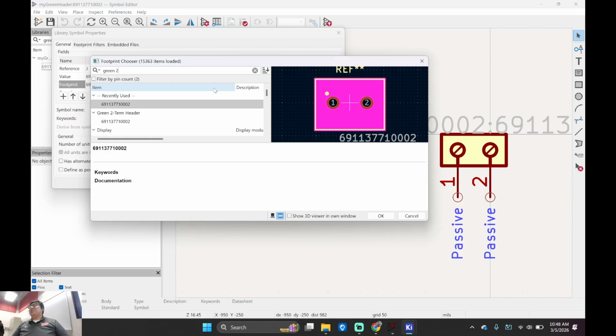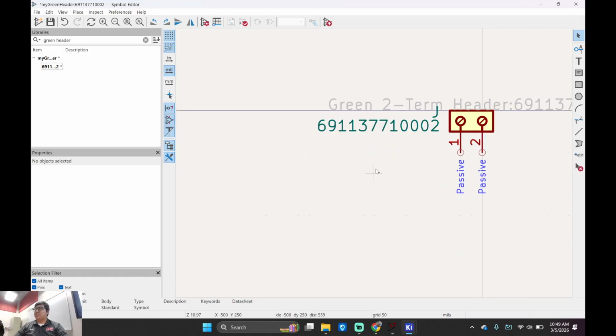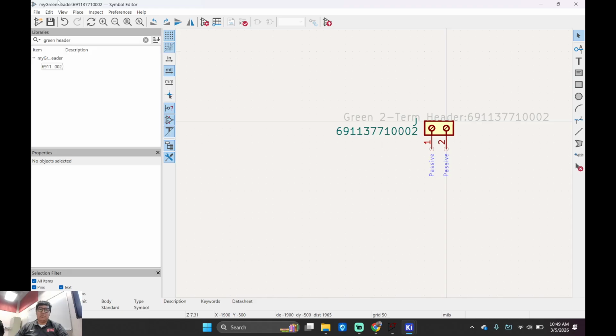You see, okay. So I think what was happening was I put the file, the library path, right? You guys saw me, right? I'm not crazy, right? But the way for it to refresh is you have to exit out and then open it again. Okay? No one's going to complain to me about that error, correct? I'm here to show you guys the errors so that you don't get these errors, okay? Anyways, double click. Now this makes life easier, okay? Now we never have to worry about this problem again, okay? Save it. Don't forget to save it. It's called My Green Header, but I called it the Green Two-Term Header, okay? I have different names for symbols and footprints.